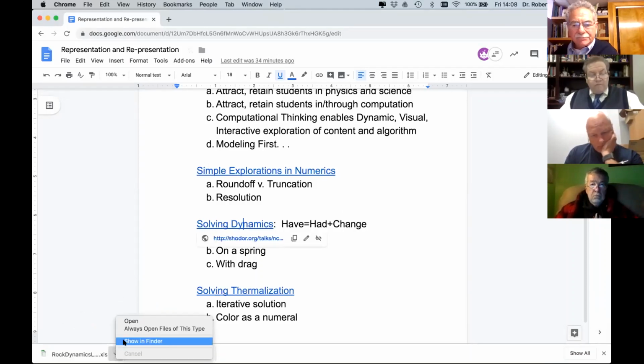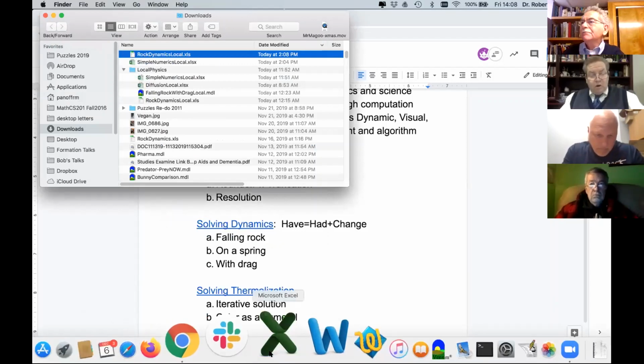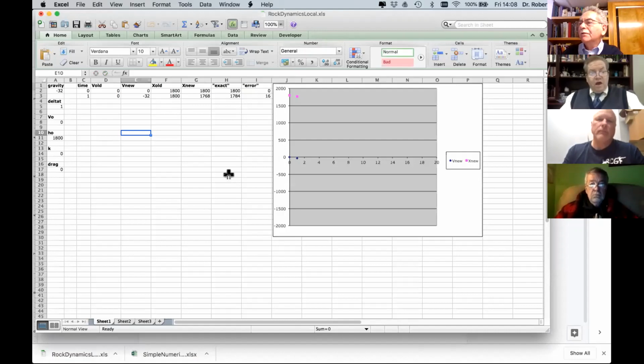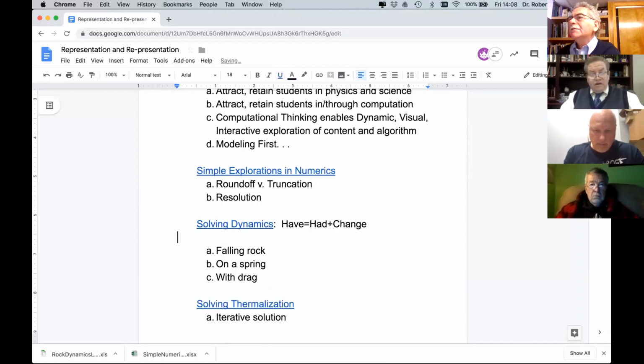The way I've been doing it is to set up the problem once and explain what's going on with this paradigm: what you have is what you had plus what changed. Where you are is where you were plus how far you moved. How fast you're going is how fast you were going plus how much you accelerated. And you have the definition that the acceleration